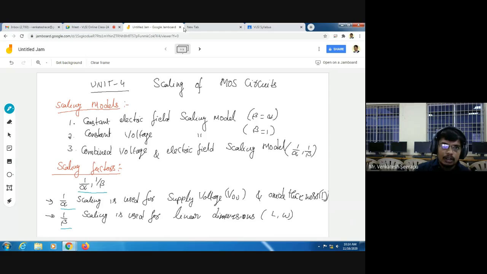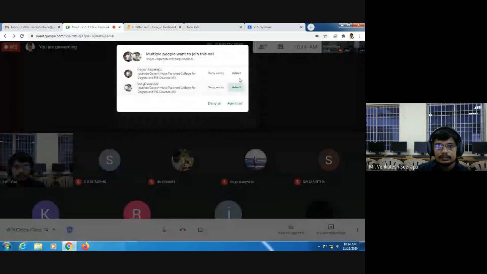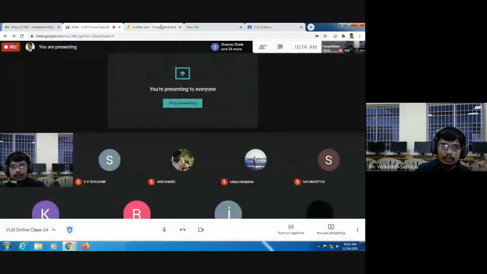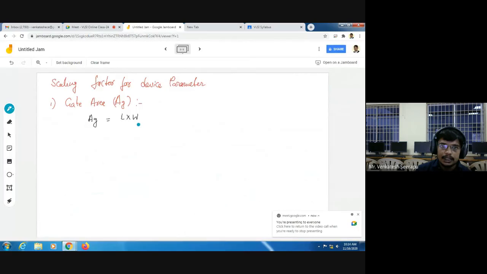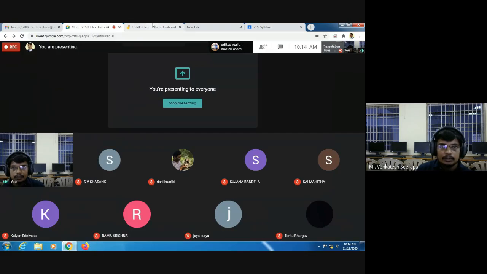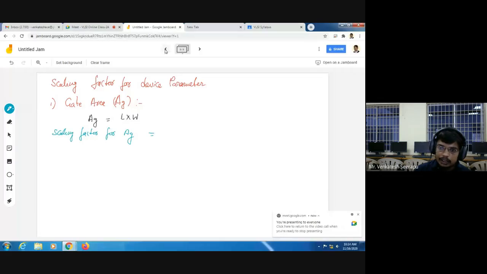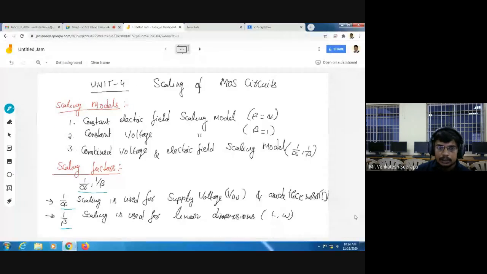Now I want to find the scaling factor for gate area. All of you know that the formula for gate area is AG equals L into W. Now what is the scaling factor for L? For linear dimensions, meaning vertical and horizontal dimensions, we have